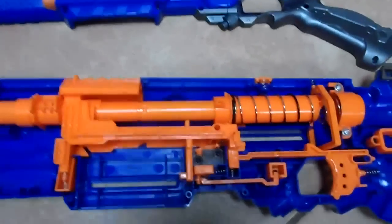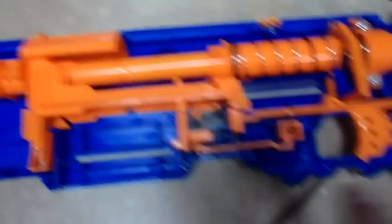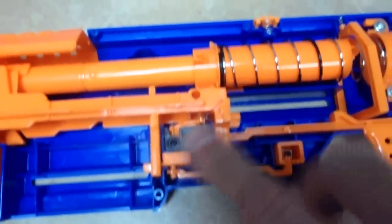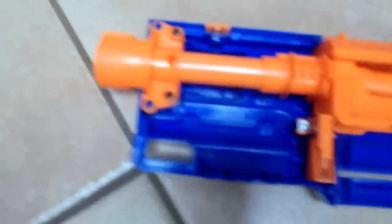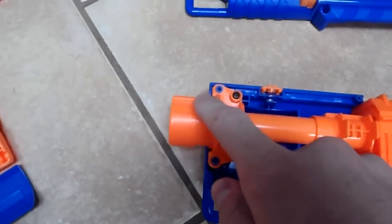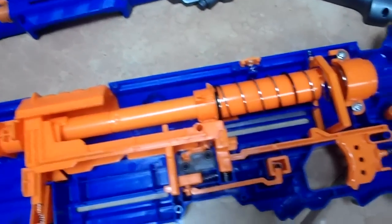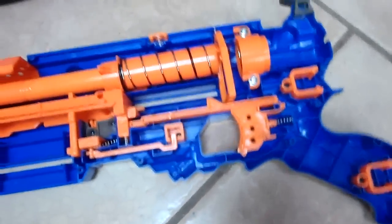Here are the internals for a classic Longstrike before I've done anything to them. This is a clip lock and this is a trigger lock, so I'll be removing those pieces entirely. Everything else is completely stock. I've got to remove these 2 screws because I don't paint this piece, and then it makes it a lot easier to get the entire bolt sled assembly out, which I need to remove air restrictors, as well as